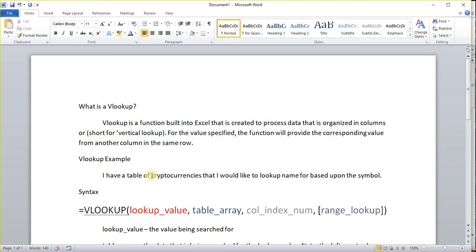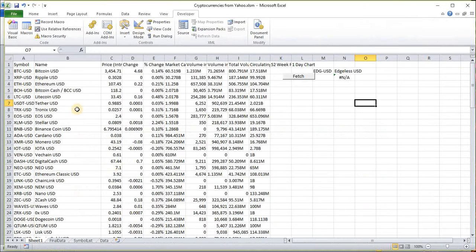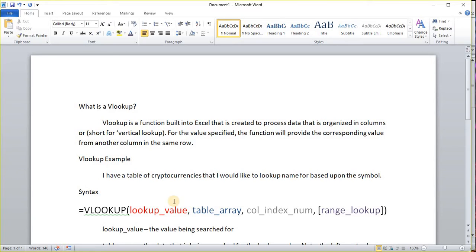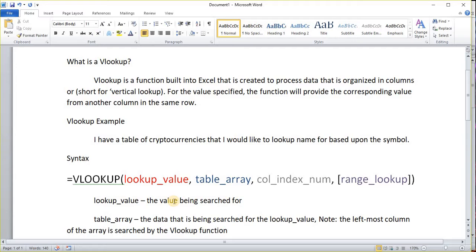So for my example, I have a table of cryptocurrencies I would like to look up the name for based upon the symbol. So let's take a look at my table real quick. All right, so here it is. I will be performing this function out of M2, and as you see, I set a drop down with all the data from column A. Okay, and then what's going to be returned is the name. So how is this done? Well, let's go back into my sheet here and let's talk about,